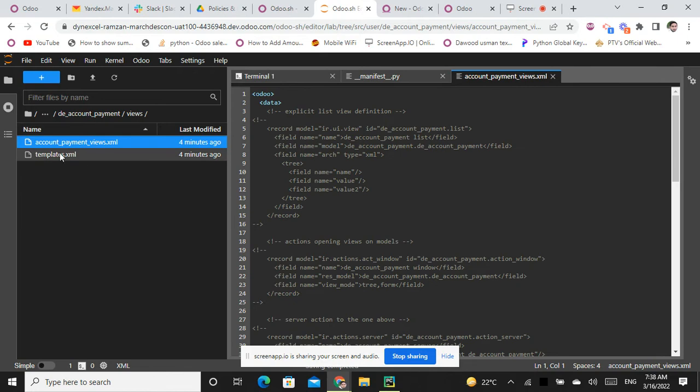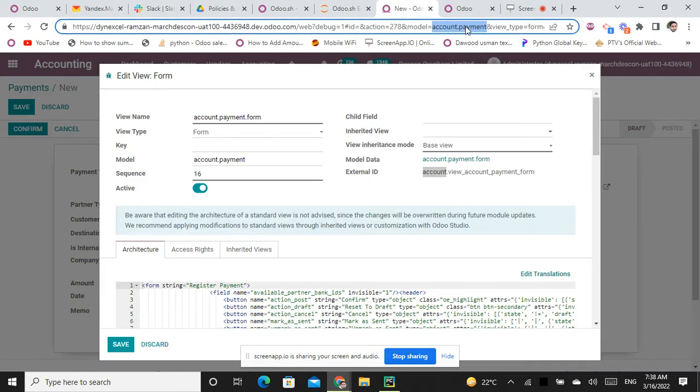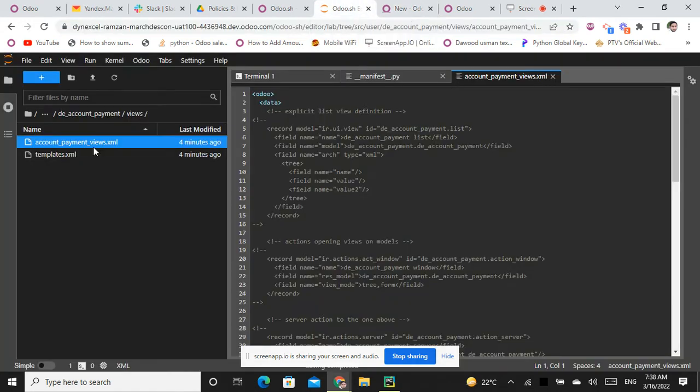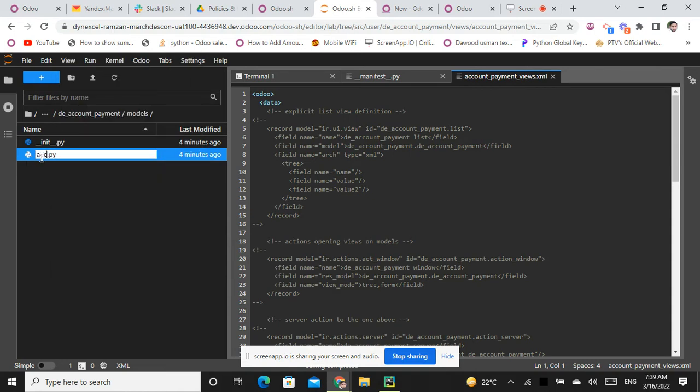So you can simply click. Why we take this account underscore payment, because our model name is account payment. That's why we are renaming our file to the relevant model, and underscore view denotes our folder. Inside the module directory, the folder views is denoted. So inside model as well, we can inherit. We can also use the same model name here in Python and copy the name,